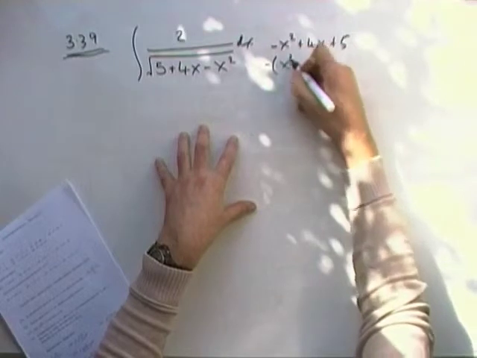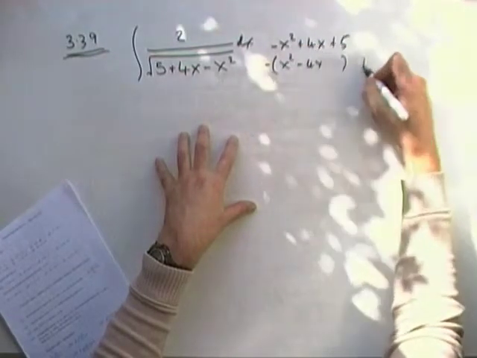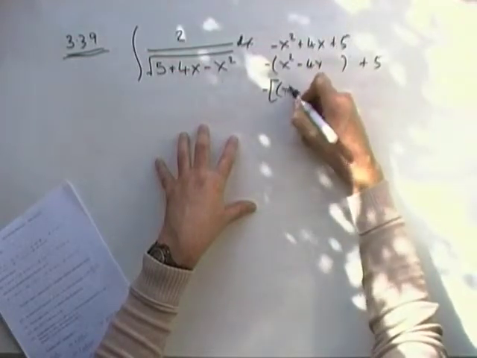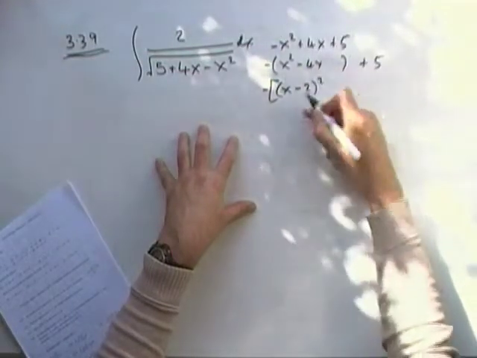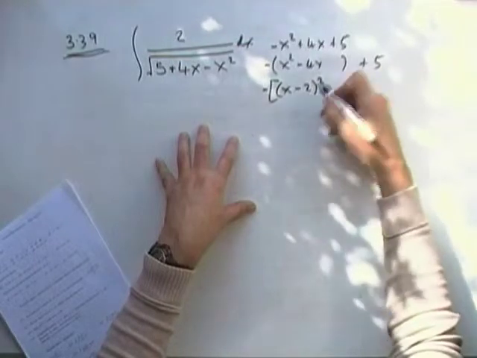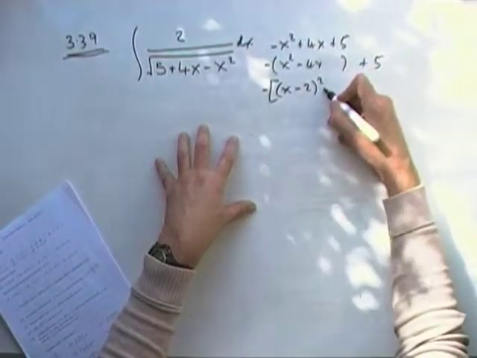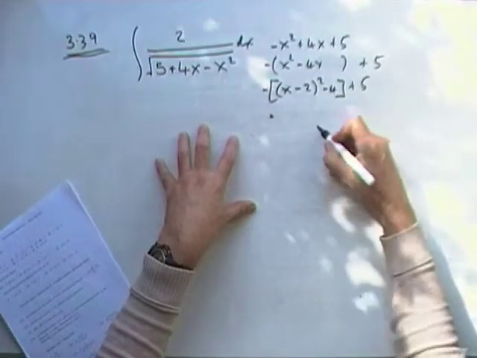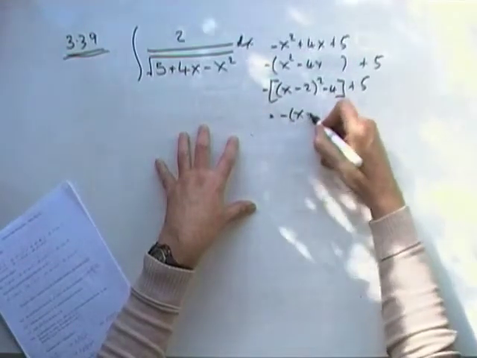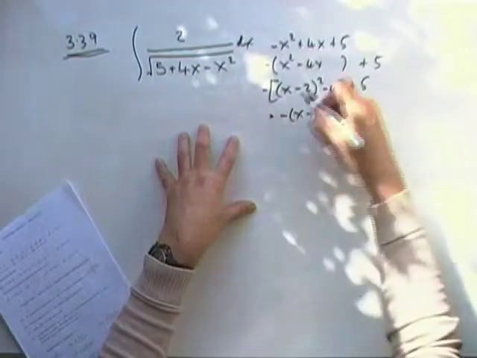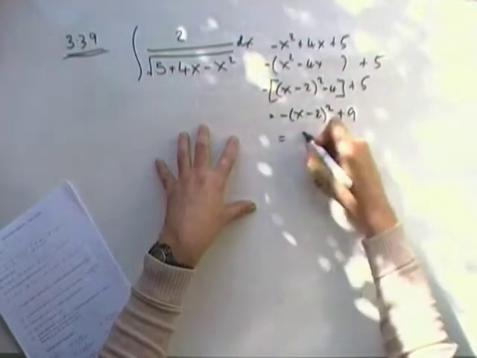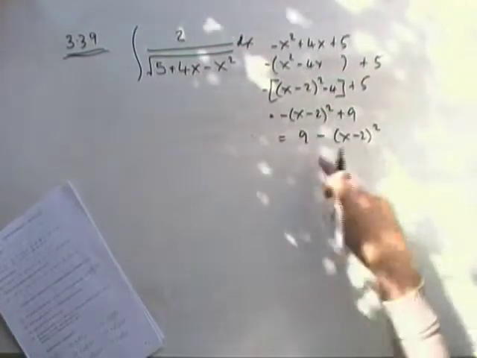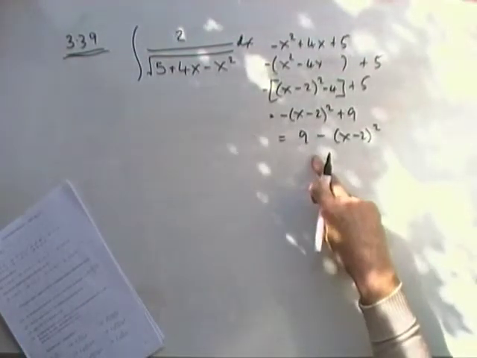Take out the negative. x squared minus 4x. Leave the 5 out of it just now. And then that would be x minus 2 all squared. But then that would create a plus 4. So I'll have to do minus a 4 plus the 5. So then altogether what I've got is negative x minus 2 squared plus 4 plus 5 is 9. So it's 9 minus x minus 2 squared,